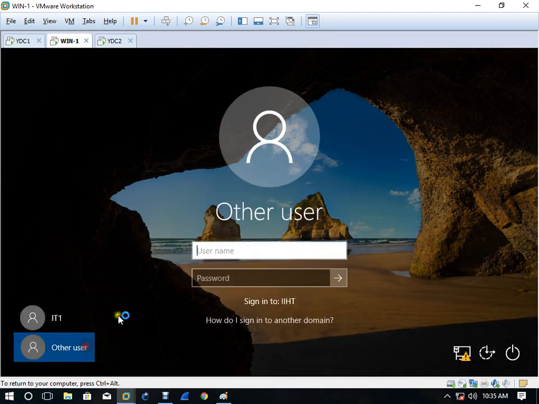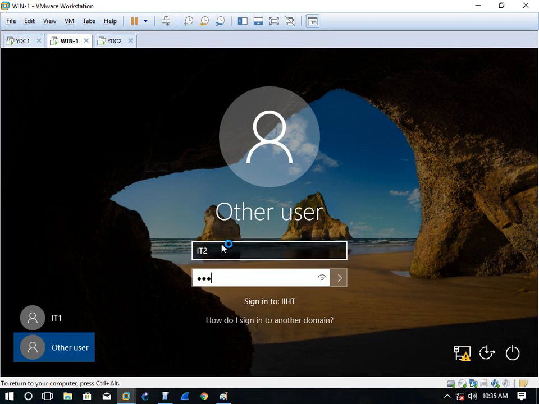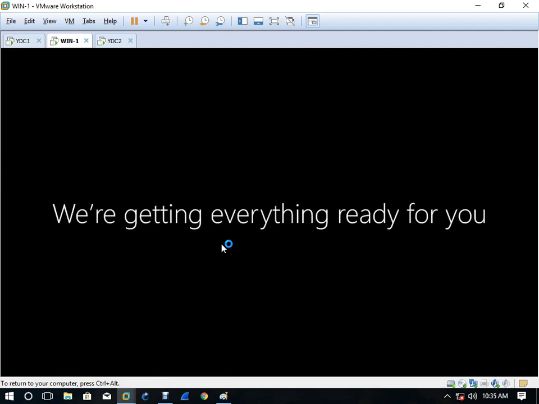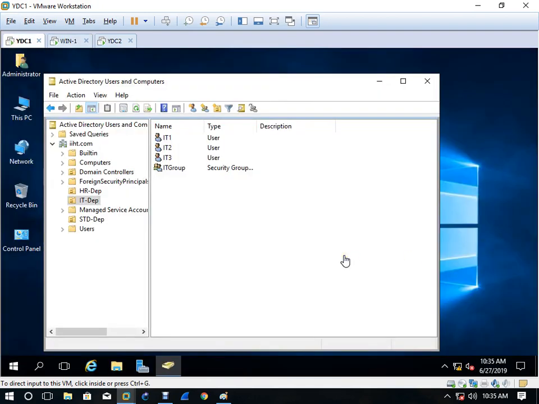So I can come here and I can log in with IT2. So see, IT2 is also able to log in, right? Why? Because I have only one server and this server is up and running.